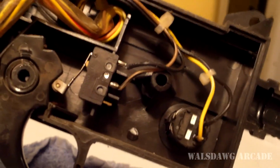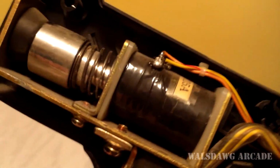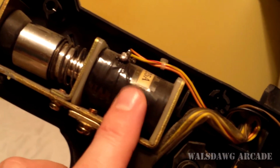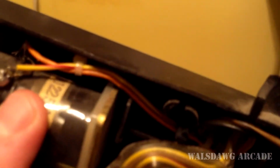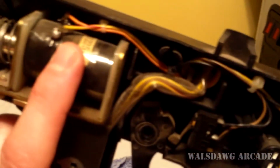And what I did in my notes is I just wrote each wire color down and exactly what it did. For example, this is the mechanism here that made the gun vibrate. It's just a coil, same kind of coil as in a pinball machine, and the two wires were orange and white and yellow and red. And actually in my application I won't be using that because